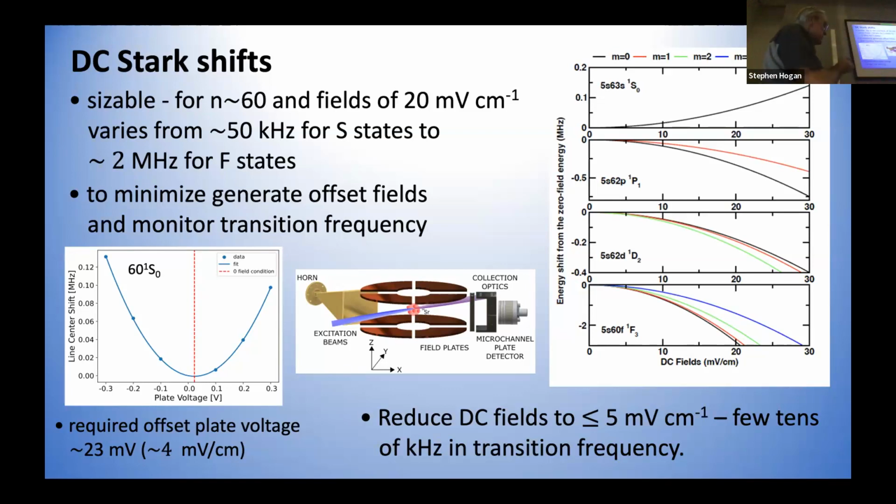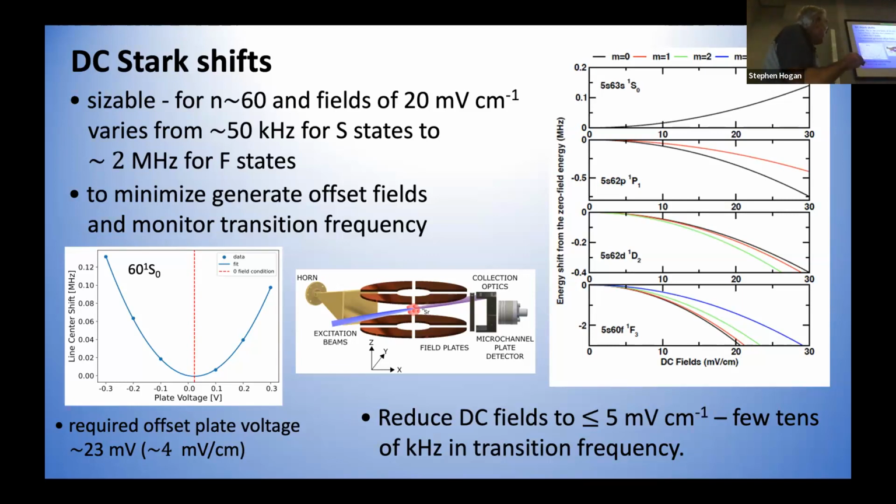Okay. And what we observe is some nice quadratic behavior. The important thing to recognize, though, is the minimum is not when we've got 0 differential voltage applied. There's a small offset voltage that we're applying, and that corresponds to something like 4 millivolts per centimeter in this particular case. Then we can iterate this procedure along all 3 directions, and in that way we can iteratively null the electric field down to small values.